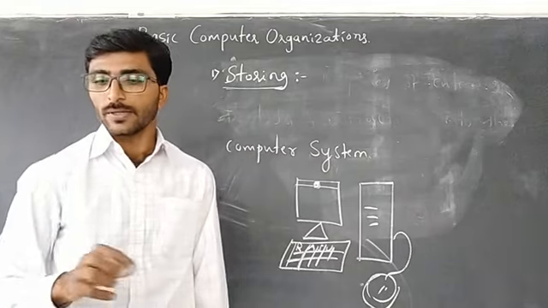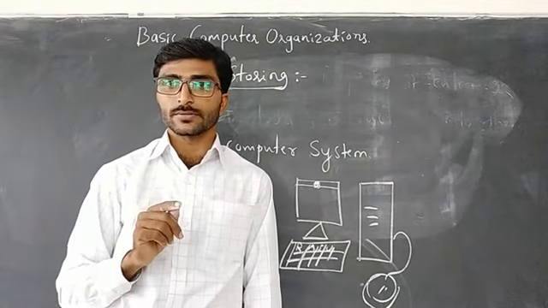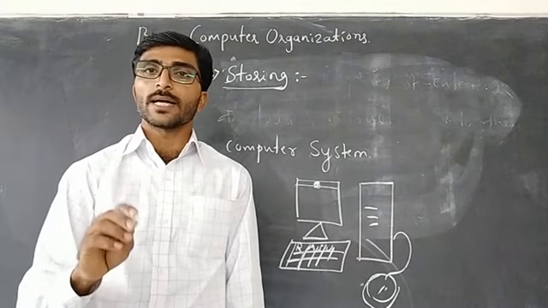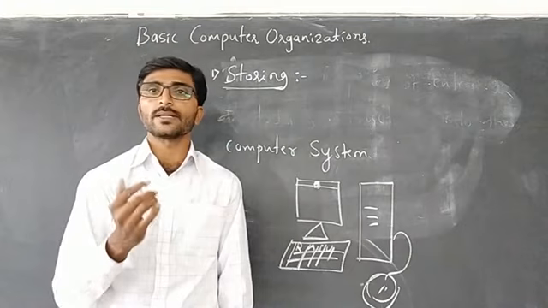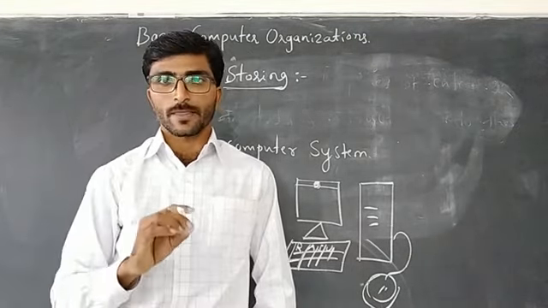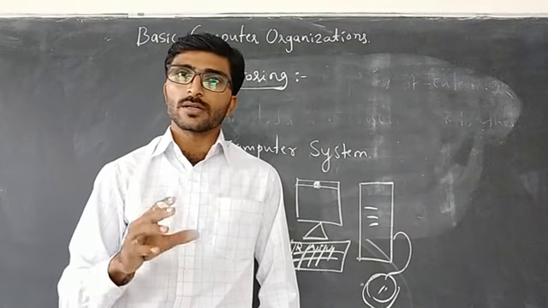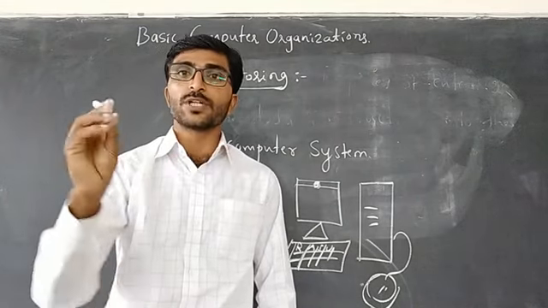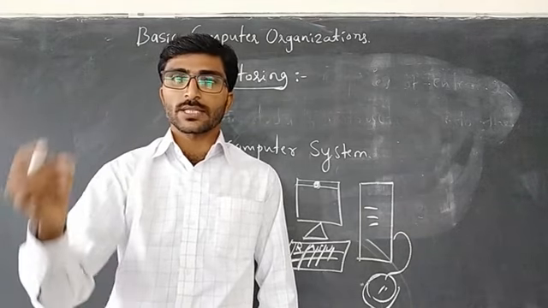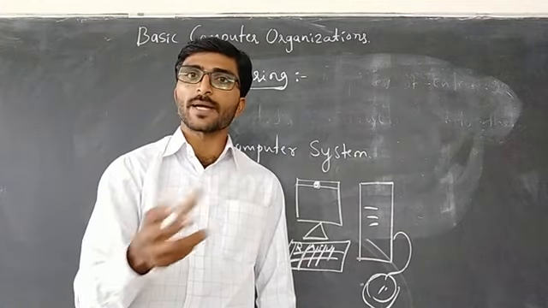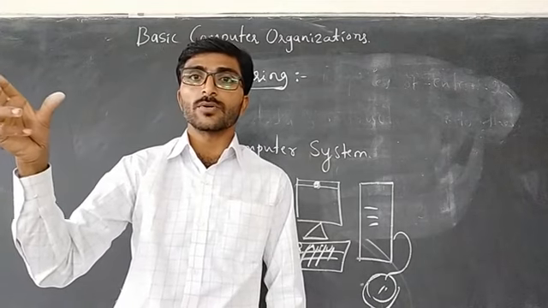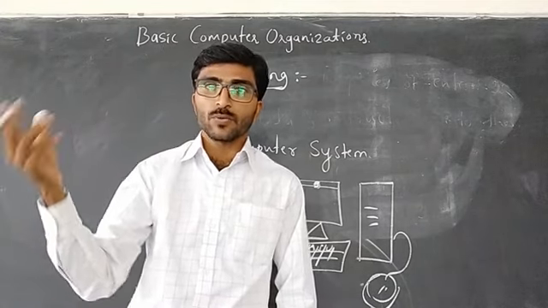For example, assume you have one mobile, a smartphone. Now I want to download one image, one video, or one song. Why are you downloading? I want to see that picture after 2 hours, 2 weeks, or next month. So I download it and store it in my computer or my mobile for further processing. Whenever you need to view it, you can watch that movie.